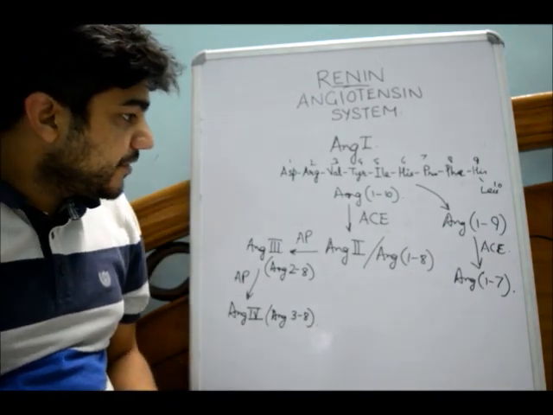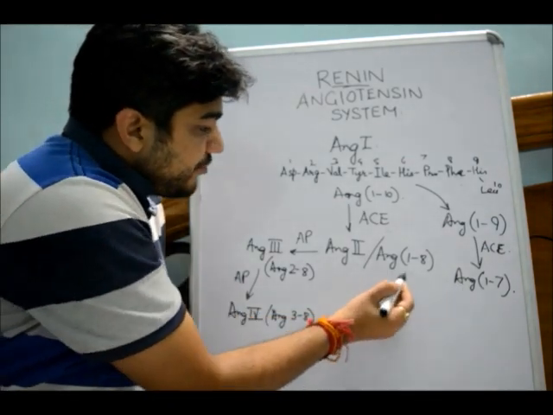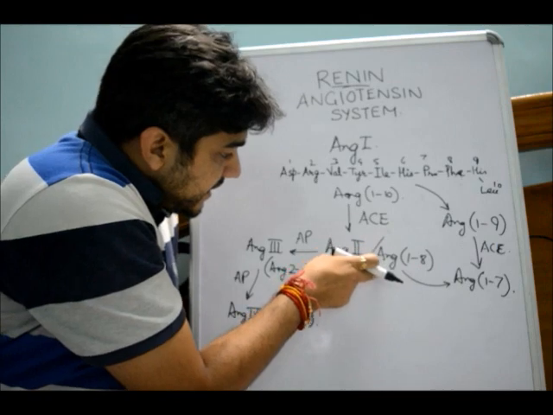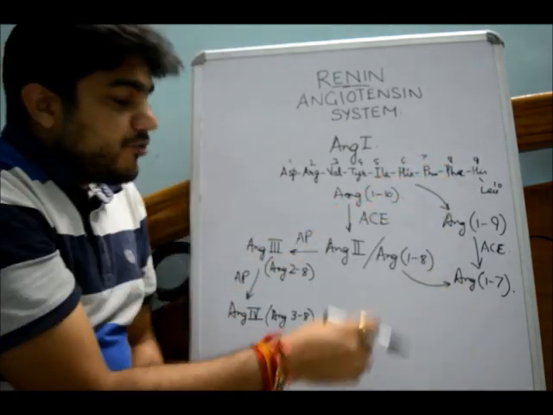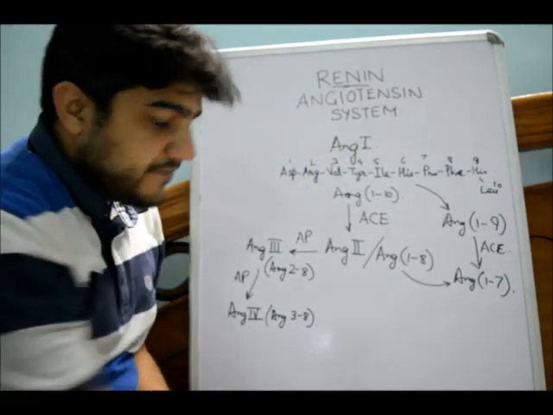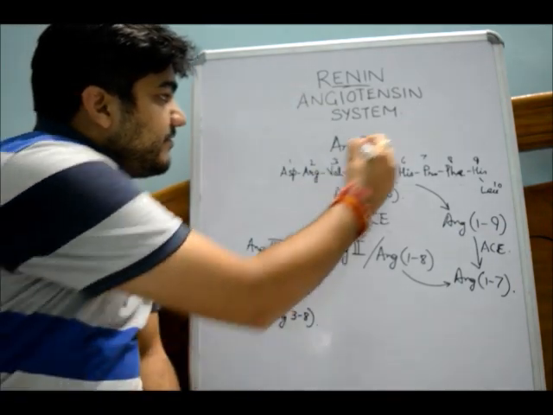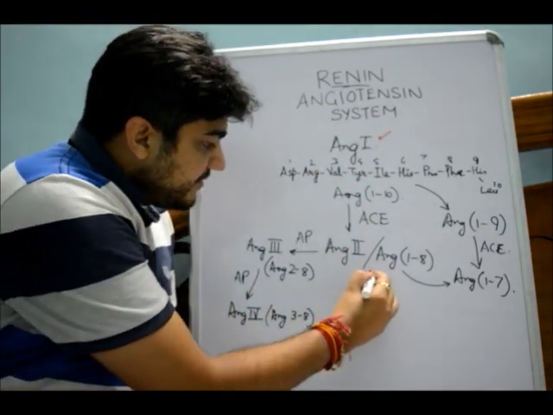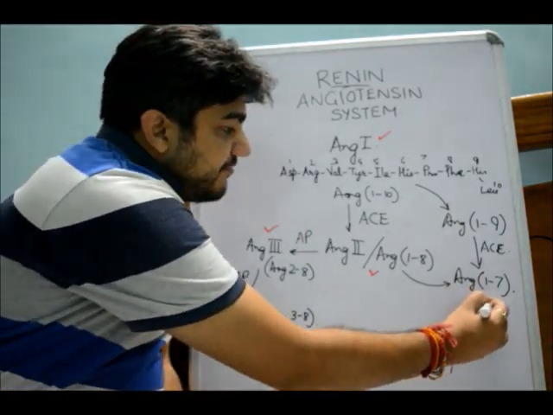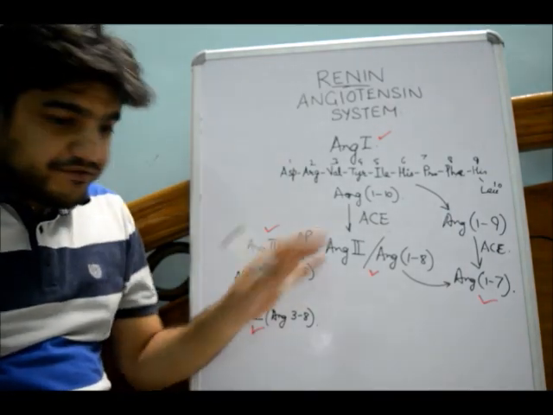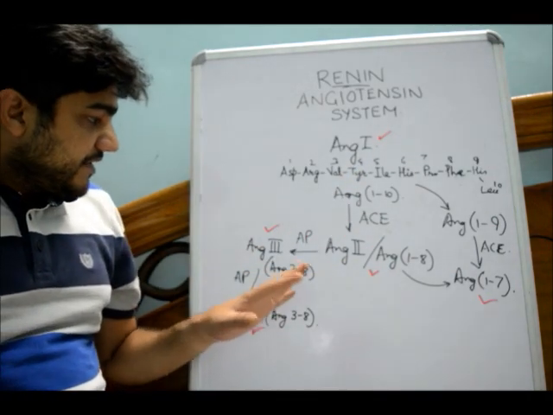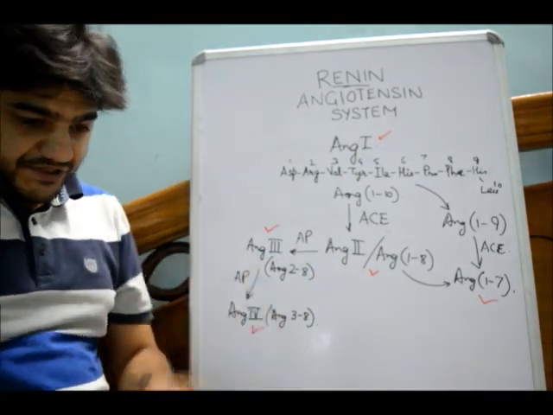Now this angiotensin 1 to 7 can also be formed by directing this angiotensin 2 by means of a carboxypeptidase to this side. Okay, so what we have here are various angiotensins: angiotensin 1, angiotensin 2, angiotensin 3, angiotensin 4, and angiotensin 1 to 7. So there are 4-5 types of angiotensins, and they are important because they have important roles in